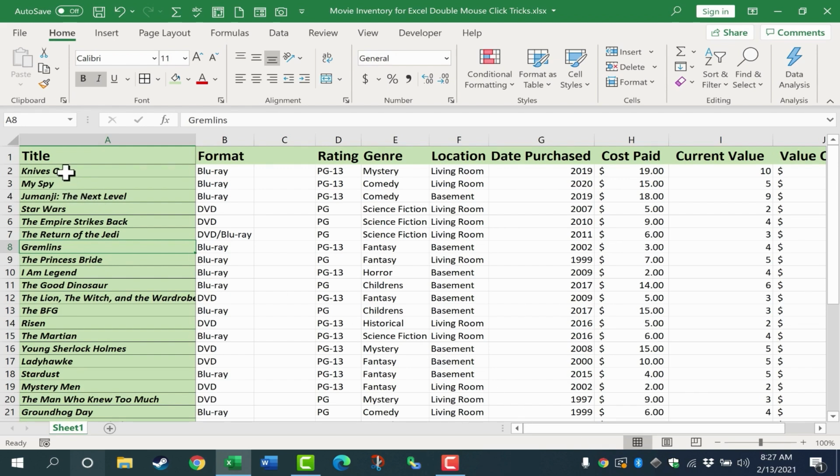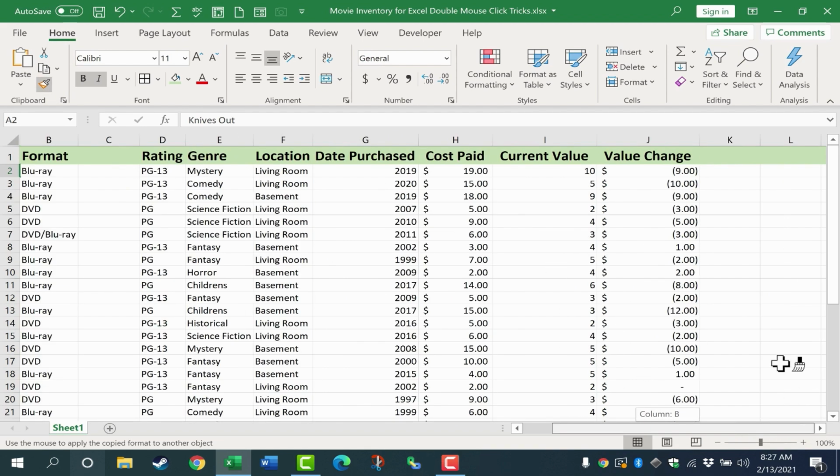Well, one way to do that is to use the Format Painter. I can click on a particular cell that I like the format of, and then go here to the Home tab. In the clipboard group, I can click the Format Painter, and then I can go over here and click to format another cell the same way. But at that point, the Format Painter is deselected. I would have to start that process again in order to format more cells that way.